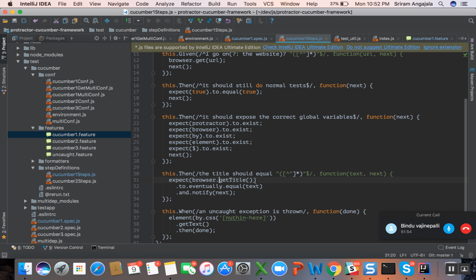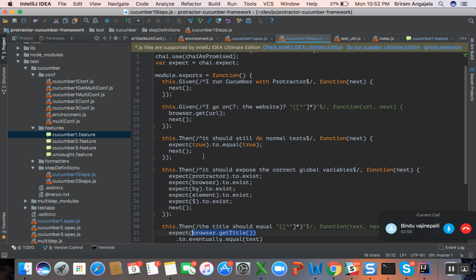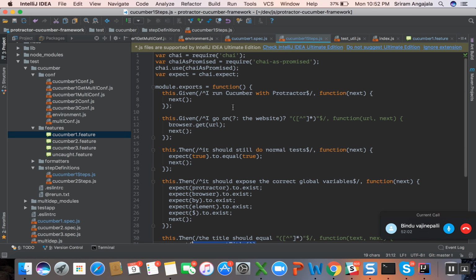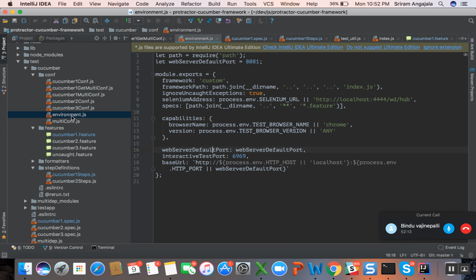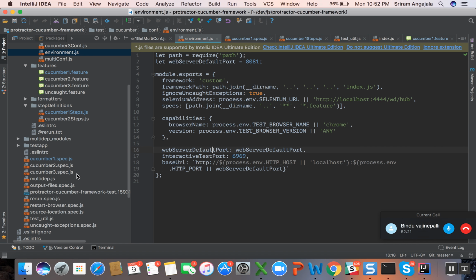Now you can ask me, sir, how do we get this library? This library is nothing but something coming from protractor. Is it in the environment.js? No, the environment is like a setup only. So the actual thing is, um,